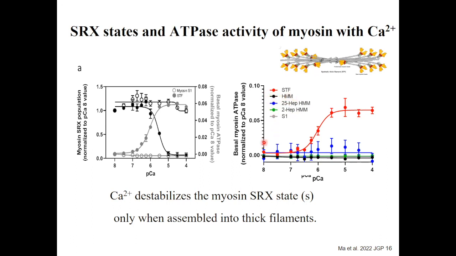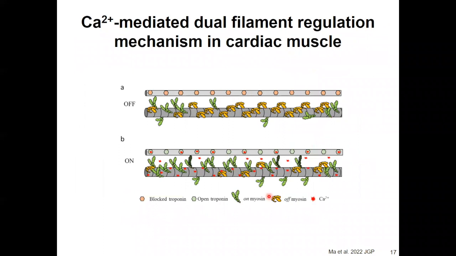And we show that this calcium effect directly on the thick filament seems only valid when it forms a filament. So calcium can destabilize the myosin in the SRX state or increase the ATPase activity, but only when it is assembled into a thick filament. So with the data we have, we proposed a calcium-mediated dual filament regulation mechanism in cardiac